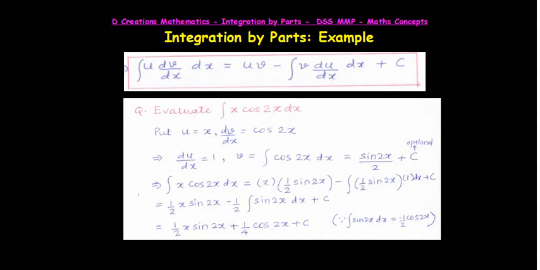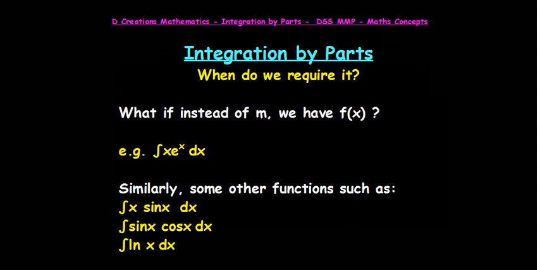Now, before we go there, let us look at the genesis of integration by parts. We have dealt with it in detail in the previous episode, but right now let us try to recall it. If you remember, we realized that we need to use integration by parts when you have two functions, basically in the product form. For example, integral of x e raised to x dx, integral of x sin x dx, integral of sin x cos x dx, integral of ln x into 1 dx, etc.